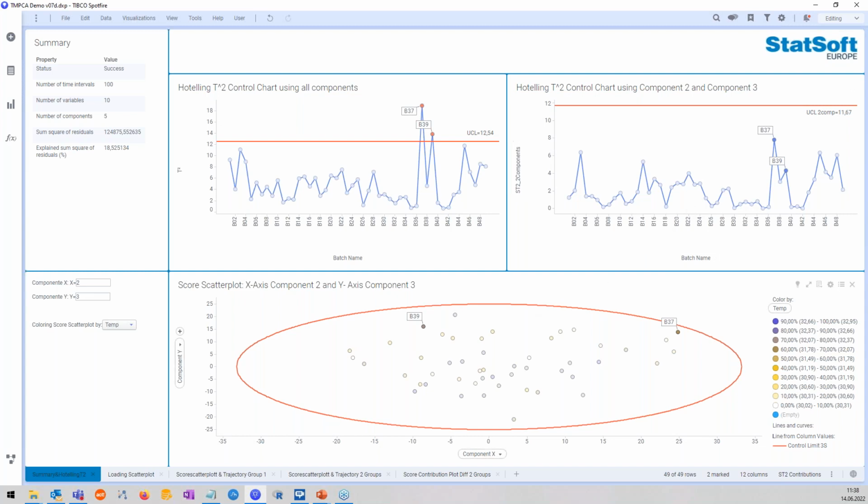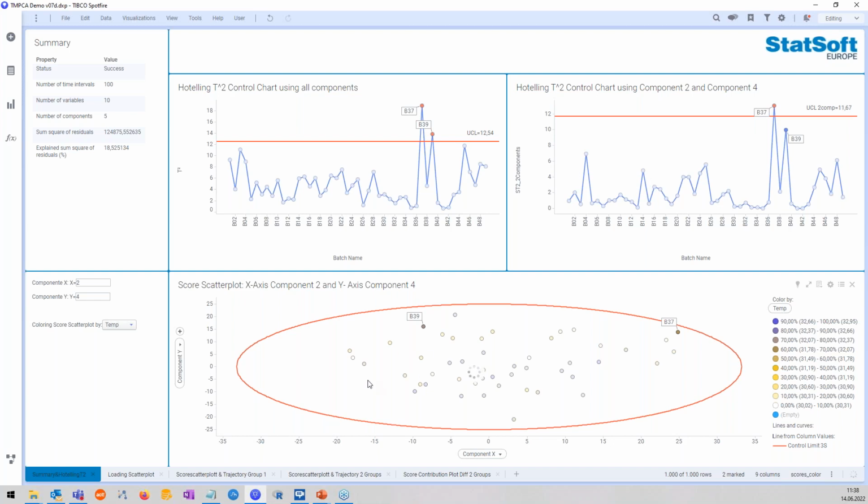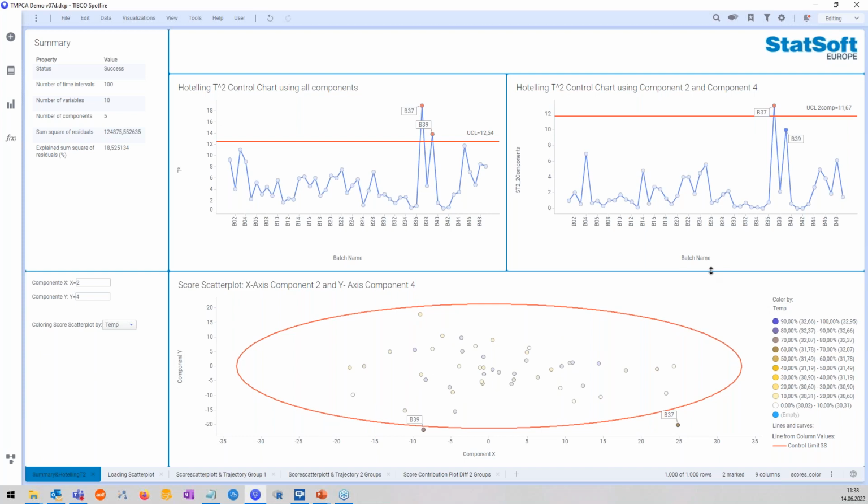And now I can drill into this. So I can, for example, change these components. And now these diagrams are getting redrawn with updated information. And I see when I switch from 2 and 3 to 2 and 4, batch 37 becomes an outlier now.